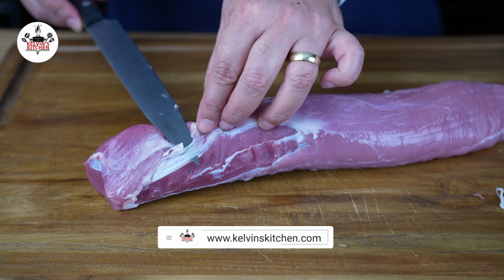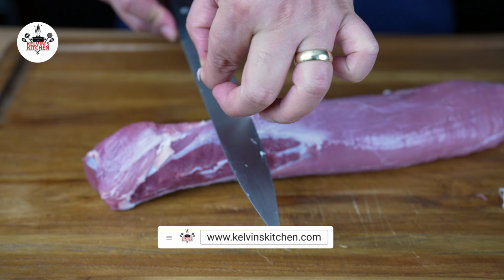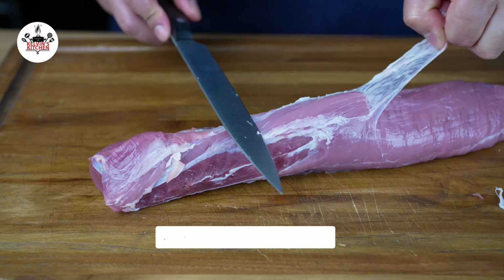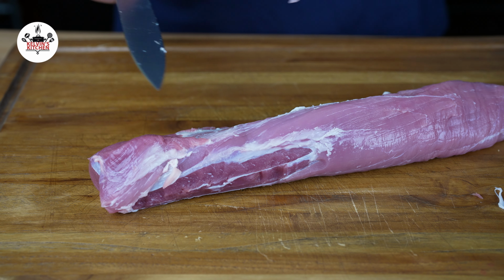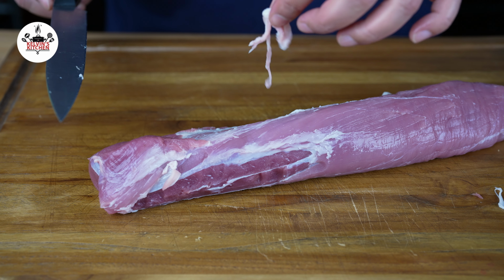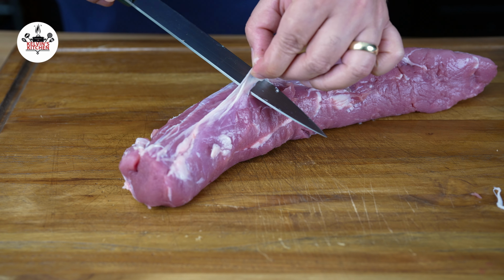Removing the silver skin can also help to ensure even cooking and better seasoning intake. Without the silver skin, the seasoning can penetrate the meat more effectively, resulting in a more flavorful and tender pork tenderloin. To remove the silver skin, use a sharp knife and start by making a small incision along one end